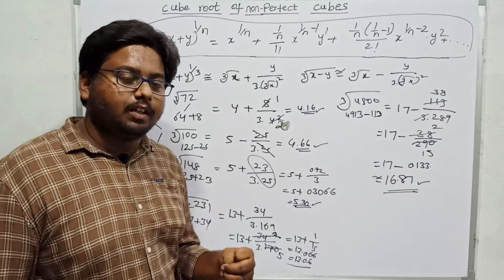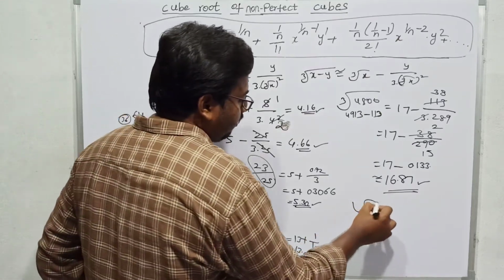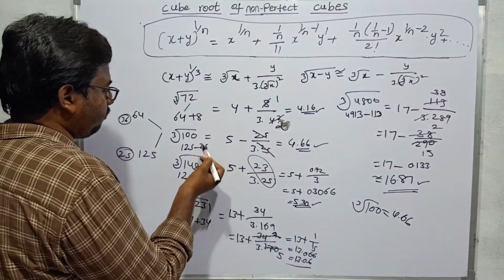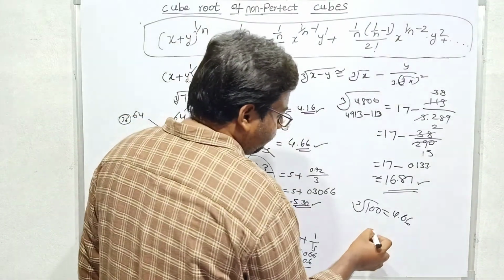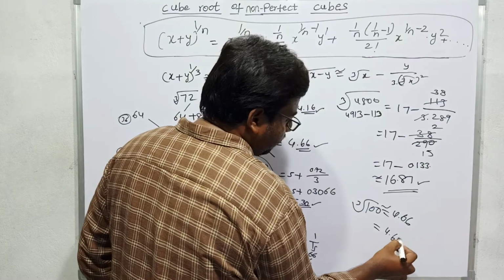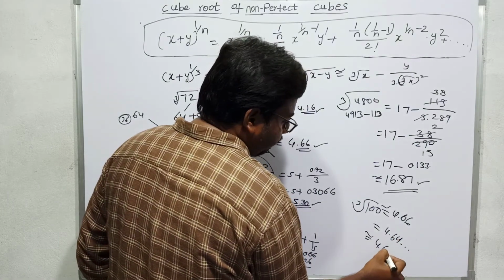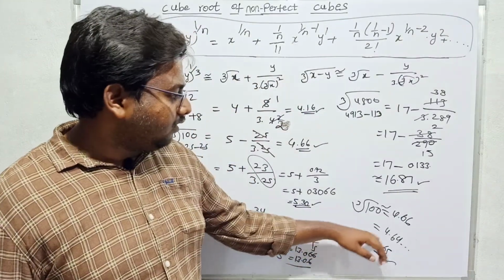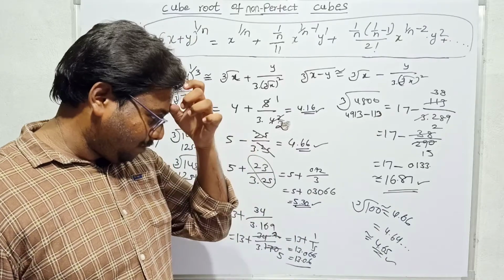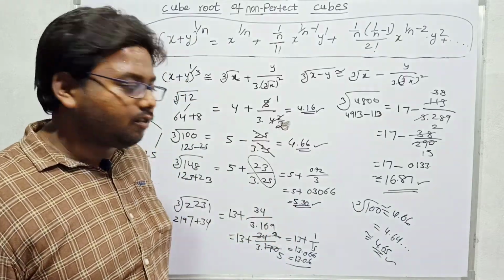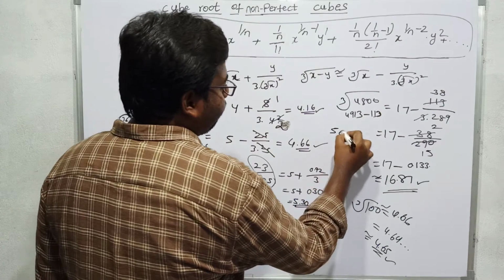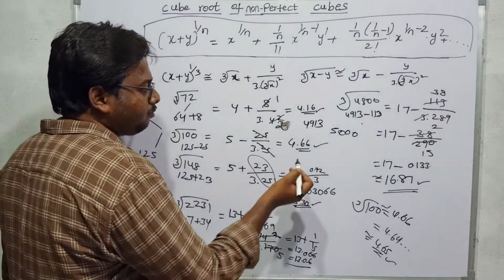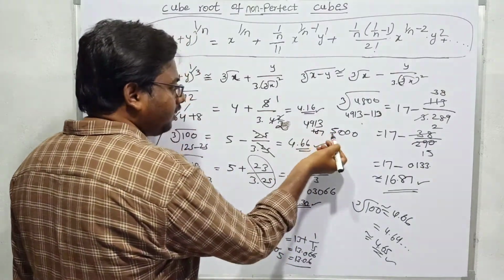One drawback of this method is, for example, if you calculate the cube root of 100 in this method, you will get 4.66 here. So the cube root of 100 is nothing but 4.66. But the actual value is 4.64 something, and if you round off this value you will get 4.65. So the actual value is nearly 4.65, and this difference is not so huge, but it makes a difference in some problems. So if I have to calculate the cube root of 5000, I have to calculate this from 4913, and 5000 is 87 more than 4913.